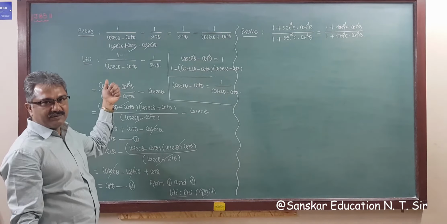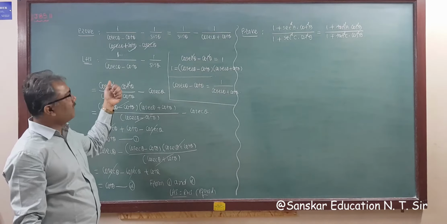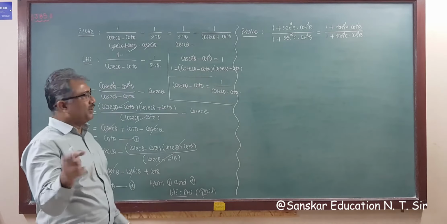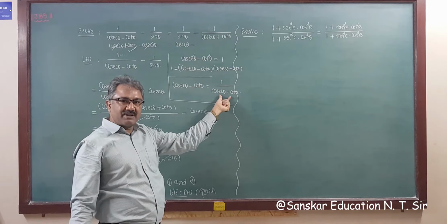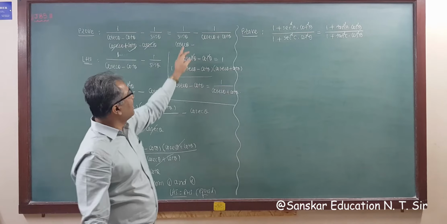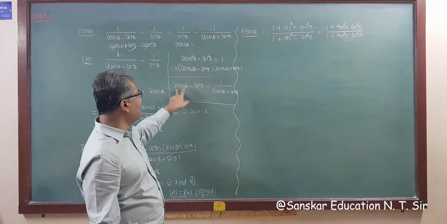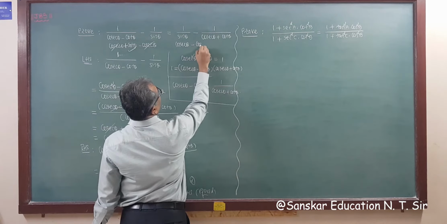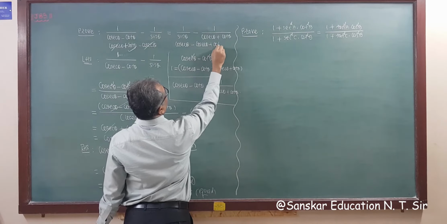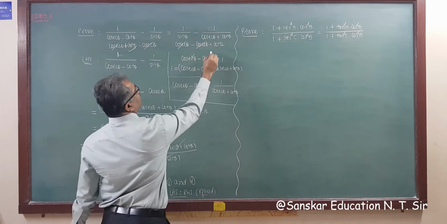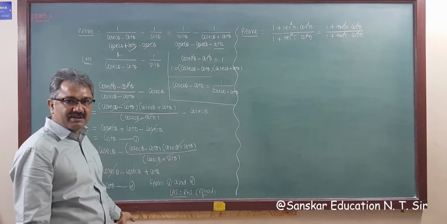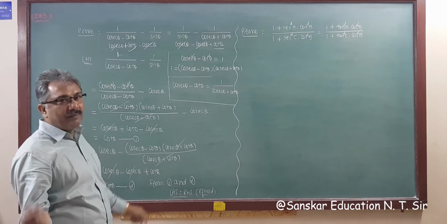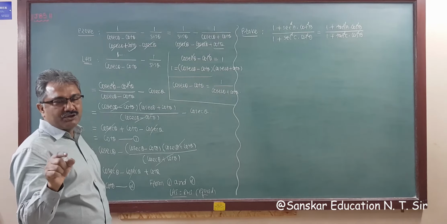How to solve the MCQ? See here. Now this is cosec theta minus, and now this is cosec minus cot, so 1 upon cosec minus cot. Sorry, 1 upon cosec plus cot. So this is 1 upon cosec plus cot. So what is your answer? Cosec minus cot, and the outside sign is minus. So this becomes minus and this becomes plus: minus cosec theta and plus cot theta. So this cosec again cuts. So this is cot theta, this is cot theta. That means left hand side is equal to right hand side. No need to write all these steps. Save your time, because you have to prepare for competitive exams also. So you must know this.